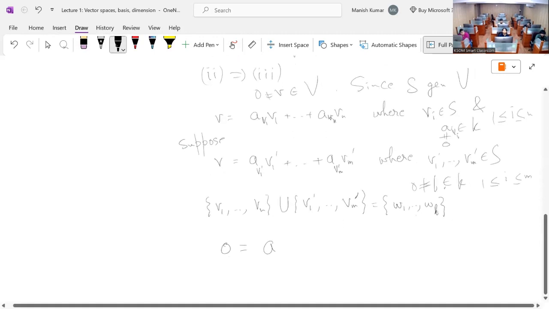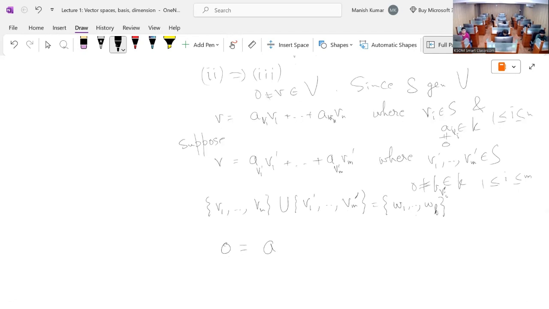So let's call this vi prime. So the first expression has a's and the second expression has b's. Yeah, so this is the b's. Now if you take the difference of 1 and 2,